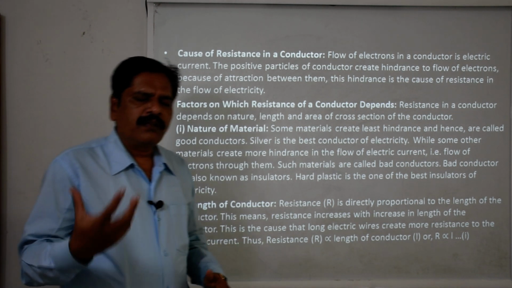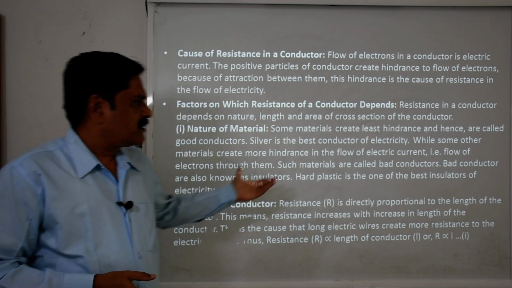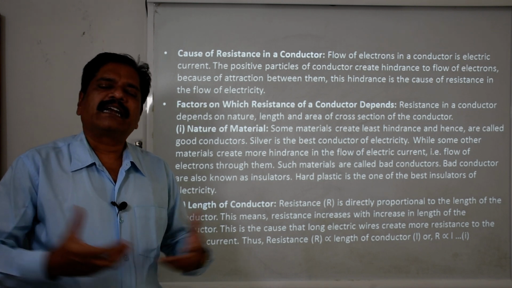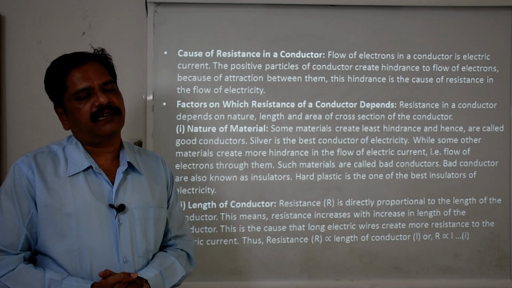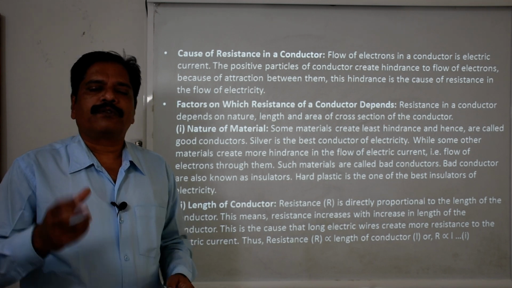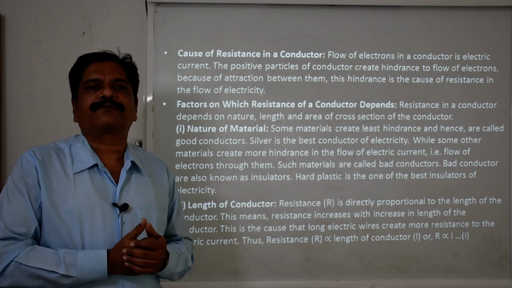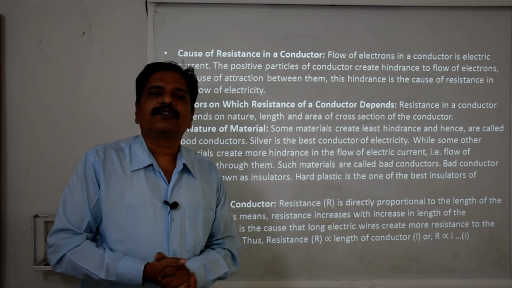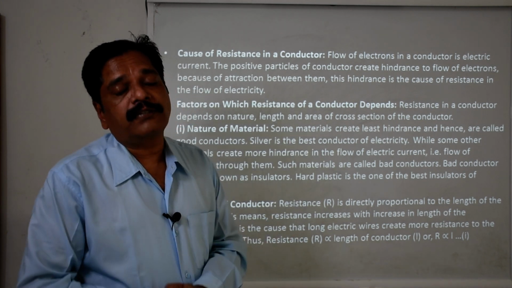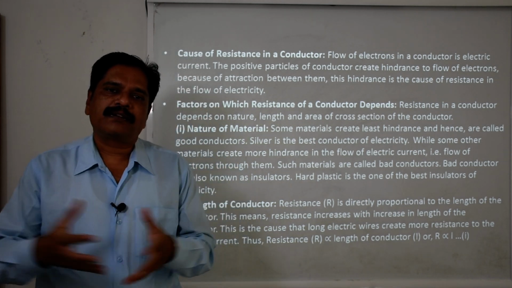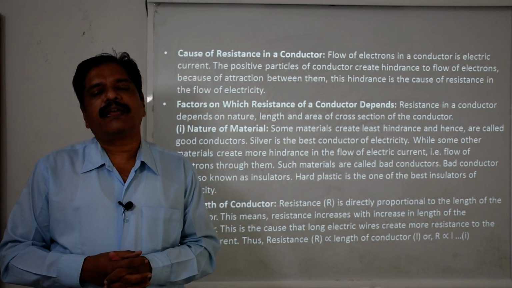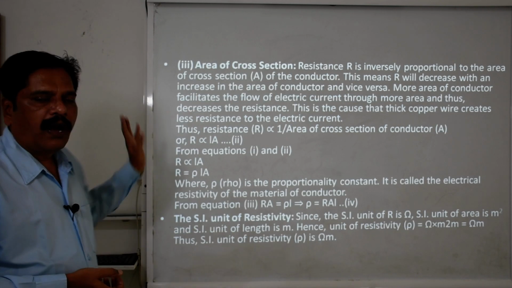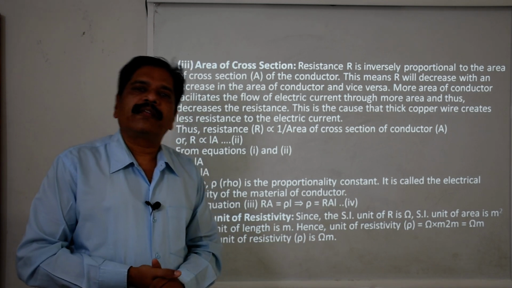Now we come to discuss the length of the conductor. The length of the conductor is directly proportional to the resistance of the conductor. Greater the length, higher the resistance. Suppose you have two wires of the same weight, but there is a difference in length. Clear? Then greater the length, higher the resistance offered by it, and less the length, surely the resistance will be less. So remember, R is directly proportional to the length of the conductor.